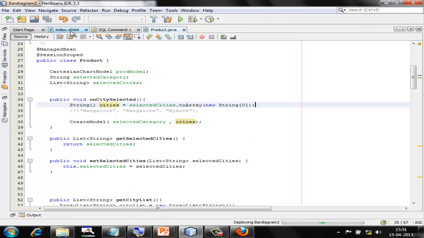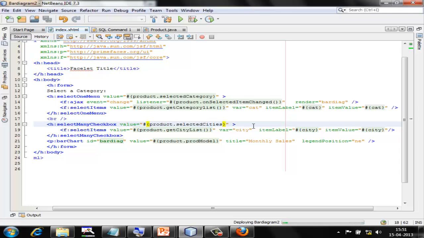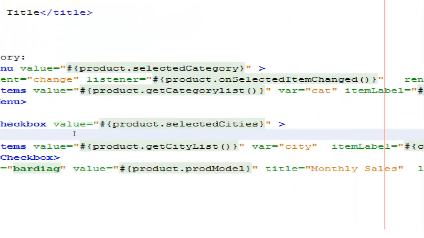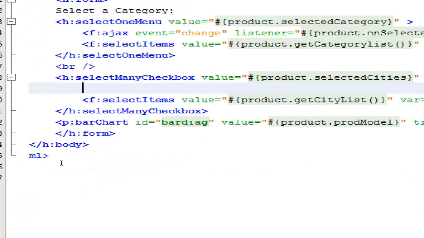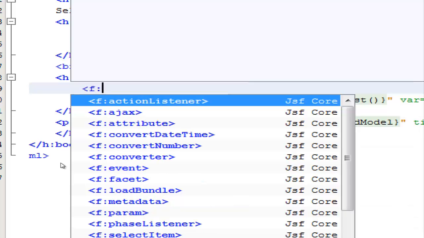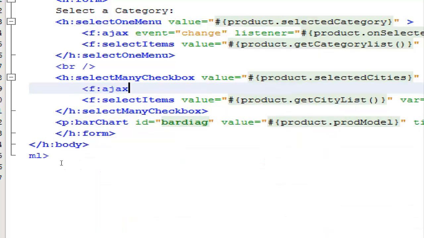Let's go to the index.xhtml, and the last thing that we are supposed to do here is add a Ajax functionality. And how do I add the Ajax functionality? I'm going to say Ajax, and event is, I think I will say select. If it's not working, I will come back to that. Listener is the product